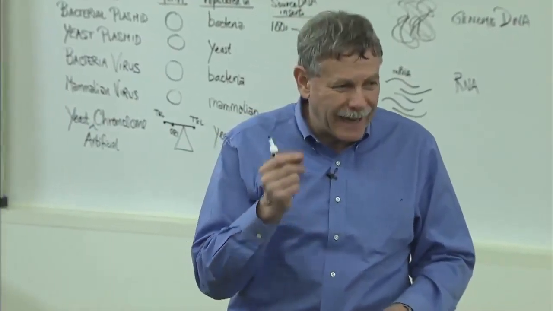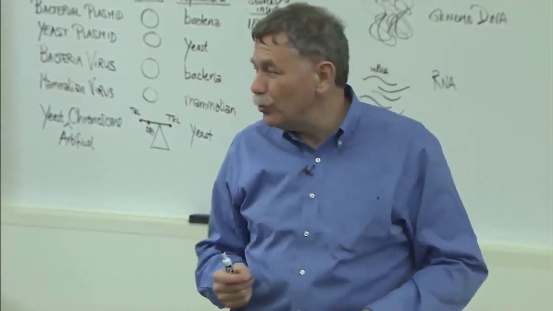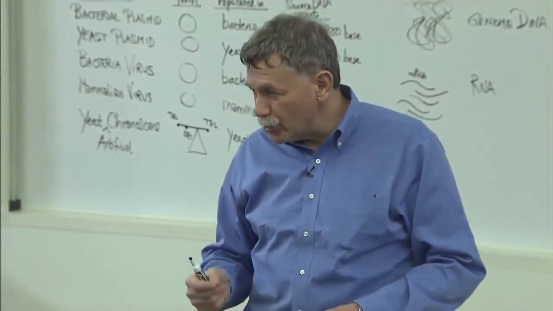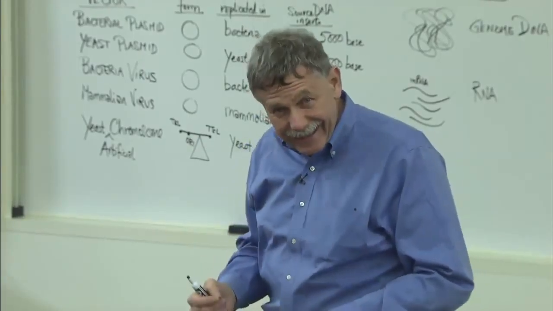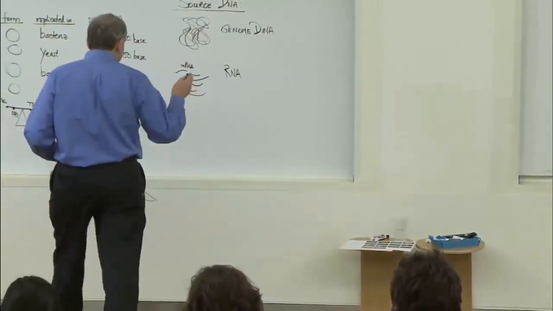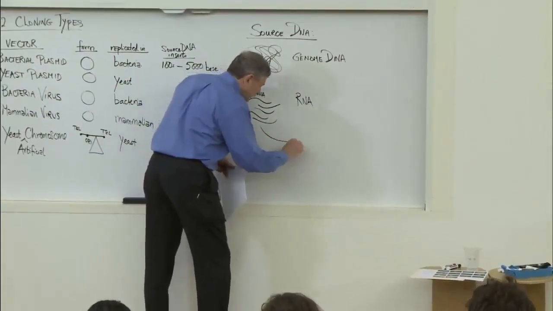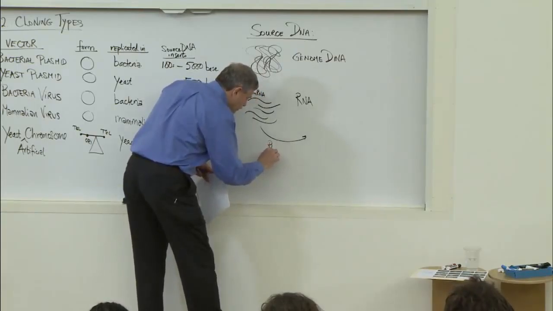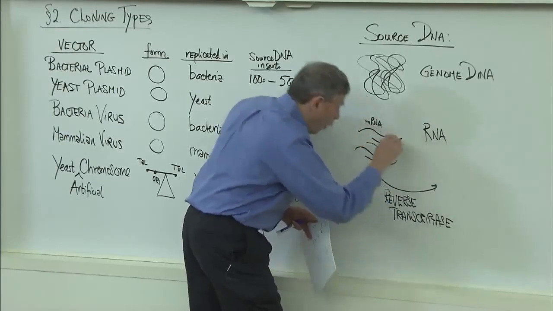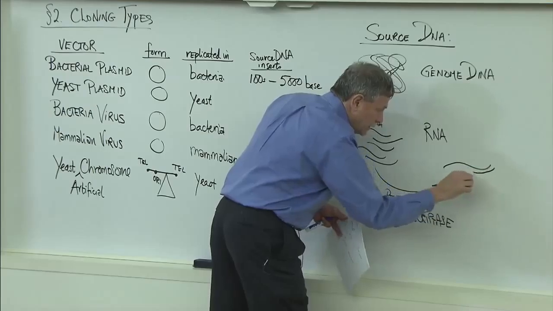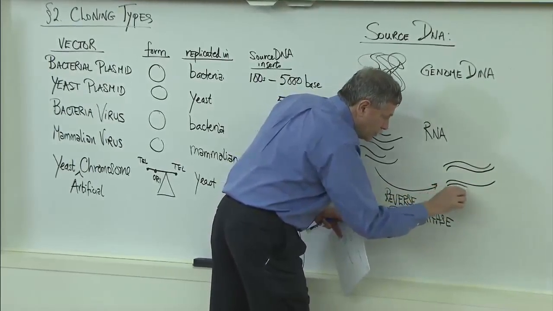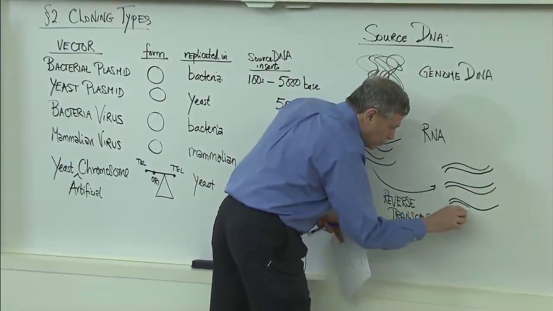We couldn't really clone it as RNA, but what could we do? Reverse transcribe it back into DNA. Ah, insidious, very clever. We're going to use reverse transcriptase, and all of these RNA molecules can now be turned into double-stranded DNA molecules